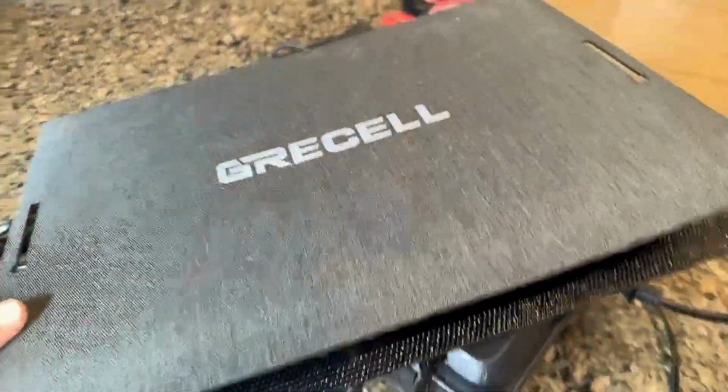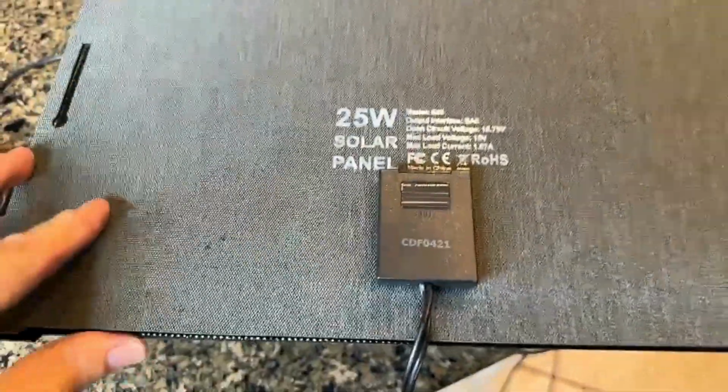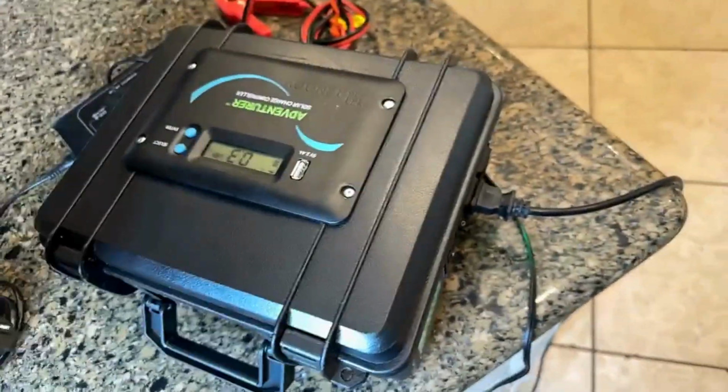And one of the things that I like on this is this panel that I spec'd for this. And this is a new style. I've been doing solar stuff for a while now, and I've seen more of this style come out than before, and that is there's no glass. And really, the very first solar panel that I had, I literally had